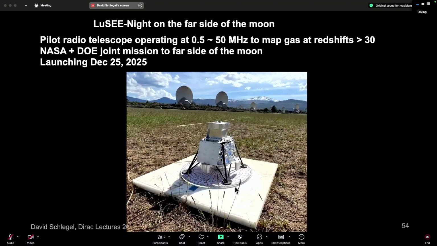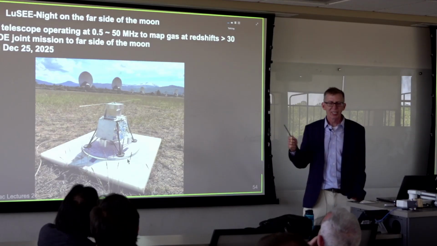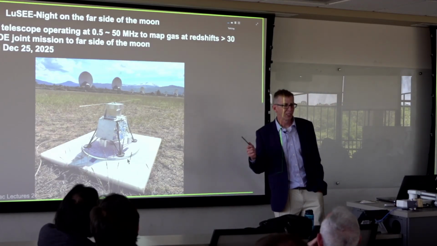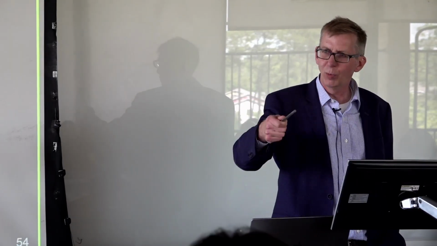Okay, but I'm going to show you something that the US is doing. So this is a NASA DOE joint mission to actually send a radio telescope to the far side of the moon. It's part of the Artemis project. It'll be the first NASA mission going to the far side of the moon, meaning the side of the moon that we never see,